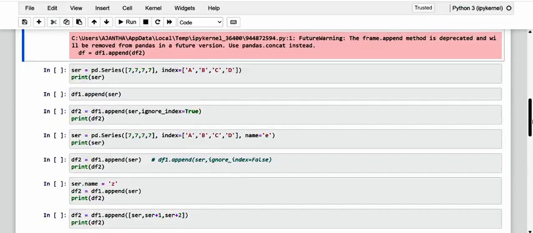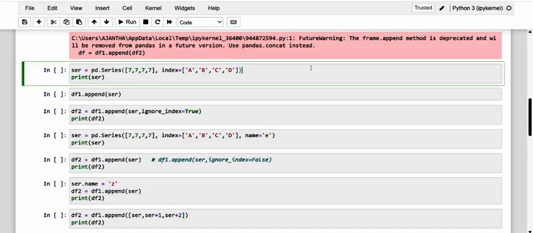In this case, using the append method is like adding a row to the data frame, and it is in fact a great way to do it. Okay, so when done, we then define here a series with the elements to be inserted in a row and specify the exact labels, as those of the columns of our data frame.